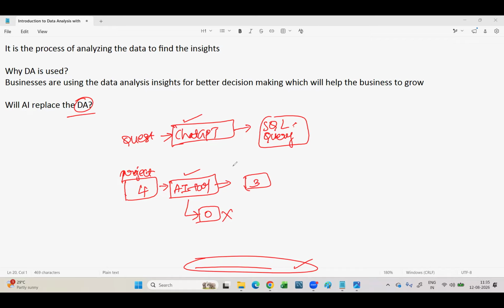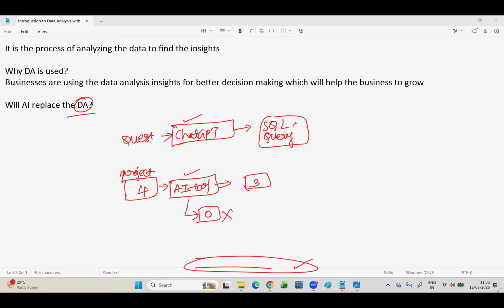That is the reason why you shouldn't learn only AI or only data analysis. Learn those things combined. First of all, focus on learning data analysis alone. If you directly, in the first class itself, go and use ChatGPT to write the SQL query, you can't learn anything, because when you go for interviews, you yourself need to write the queries. At that time, they don't allow you to use AI tools to write the query, right? So if you want to get a job, you need to have knowledge of data analysis. There is no doubt in that. Without data analysis, if you go and say in the interview, I can use any tool to write a query or Python code, anybody can do that. Why would they give you the job?